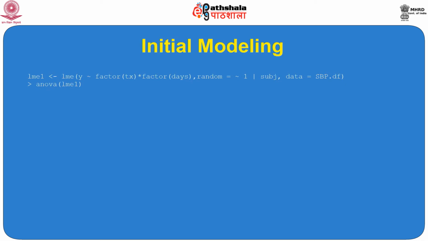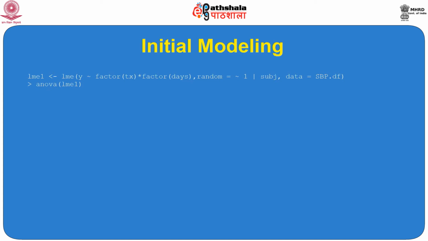useful. Now we had assigned y as SBP followed by the factor Tx, and Tx is considered one of the fixed effect factors, multiplied with the factor days. So days is also considered here as a fixed effect factor, because days-wise and treatment-wise there were not any changes towards the subject, so these were fixed for all individuals. So these two factors have been considered as fixed effect, whereas random effect is considered as the subjective variation. Individuals had different treatment variation on their own, so subjects are considered as a random effect. That is the meaning of these functions, and after that